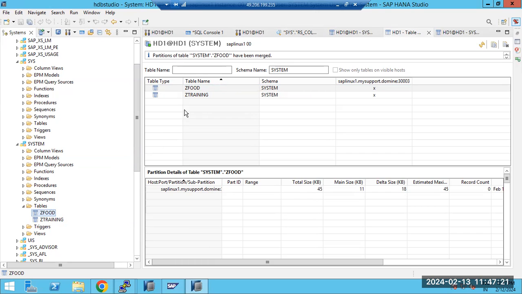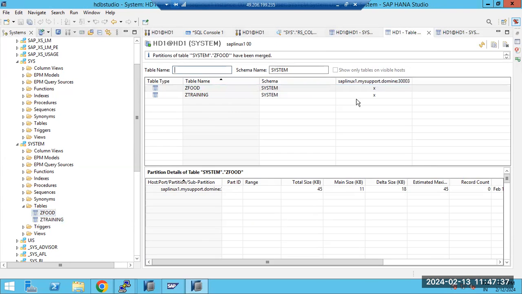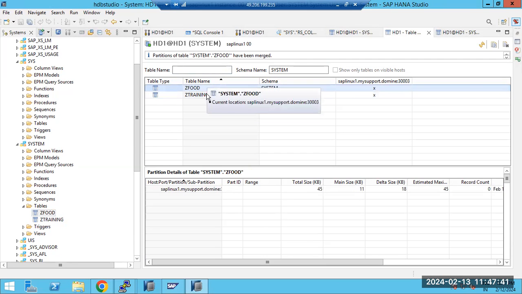But each and every app will come to this HANA database and insert records here. A lot of entries will be inserted, so table sizes keep on growing. Then for partitioning, we need to take a downtime. Yes, a small partitioning is fine, but when a large number of records are there,